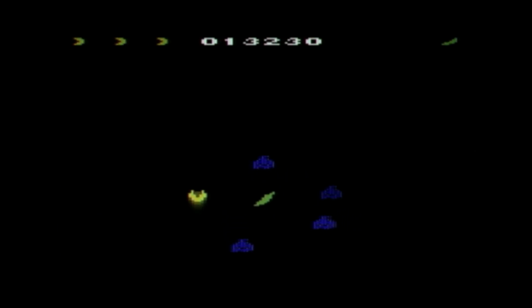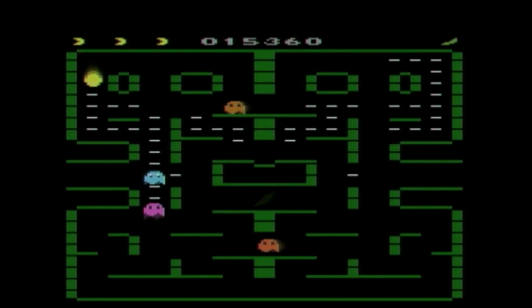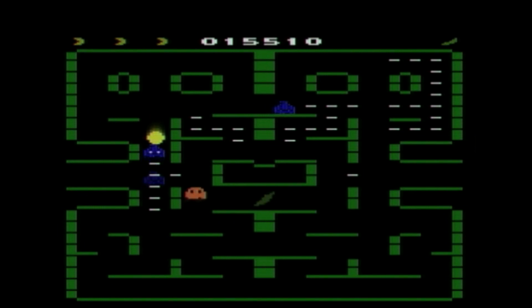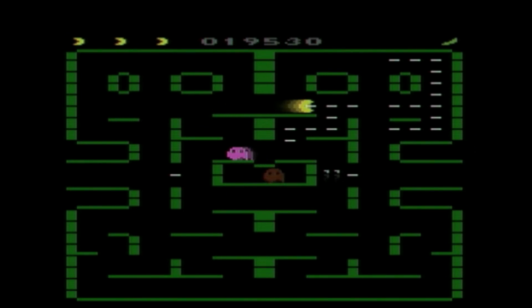The wafers do not slow him down. In this mode, Hackman is always faster than the ghosts. Since faster equals easier, this is the mode I prefer to play in. You can alternate between the game modes and the number of ghosts on each map simply by pressing Game Reset on your console. Pressing the Game Select button will switch between all the fruits on a given map, slightly increasing